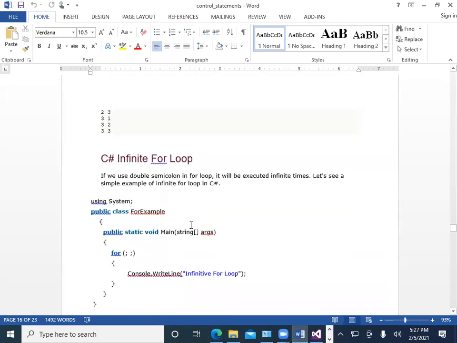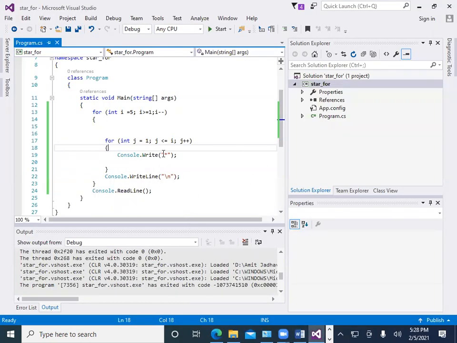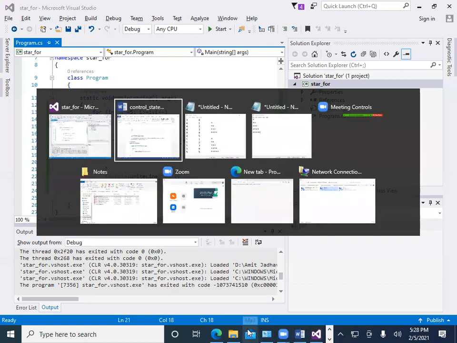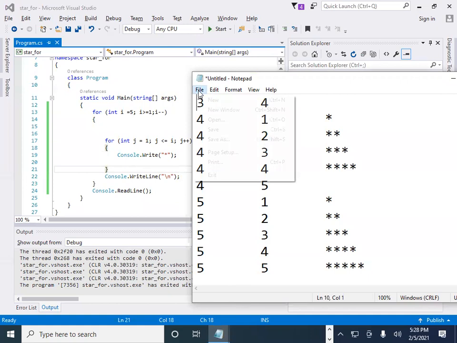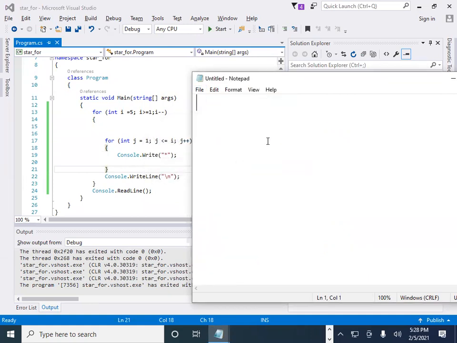Next one is the infinite loop. In an infinite loop, there is no termination condition. So in this example, the loop is controlled using this statement. If we write the statement like this, for int i equal to 1, i less than 5, i plus plus.